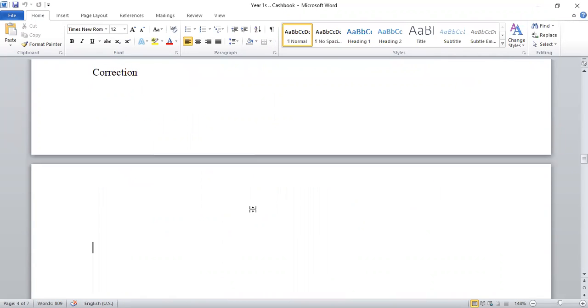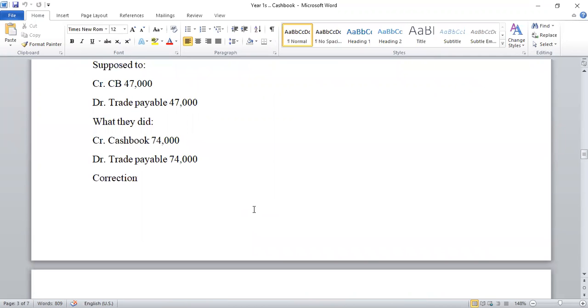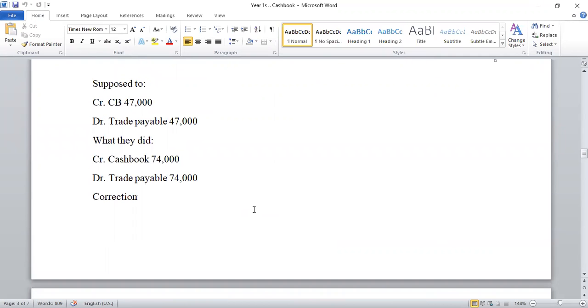So I was saying with errors, how we correct them is, before you correct an error, you must know the right thing that was supposed to be done, and then you know the wrong thing that they've done. Then on the wrong thing that they have done, you try to adjust it to make sure that you can match up the right thing. And this is how I was trying to solve the issue that a friend had asked.